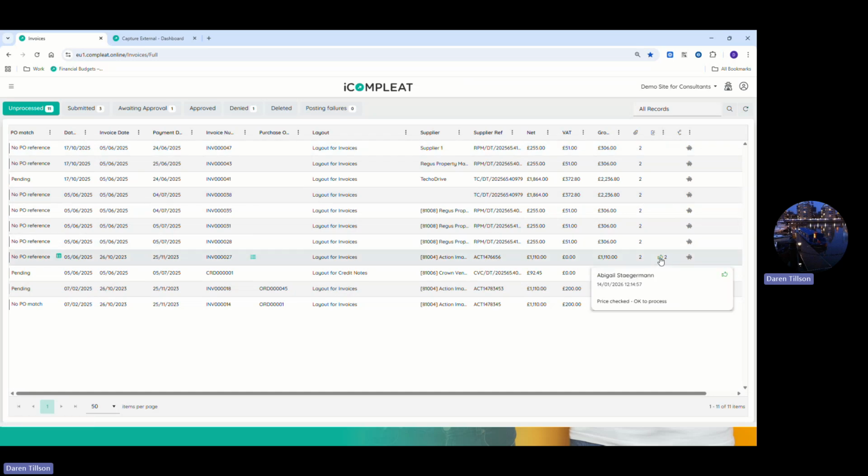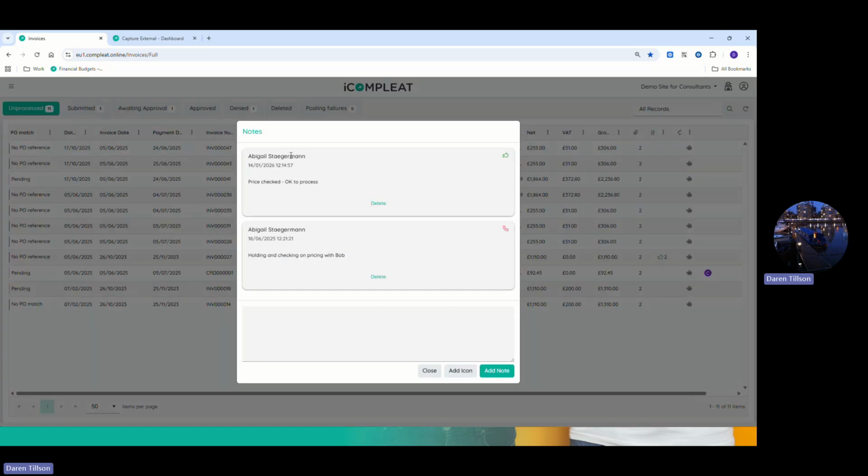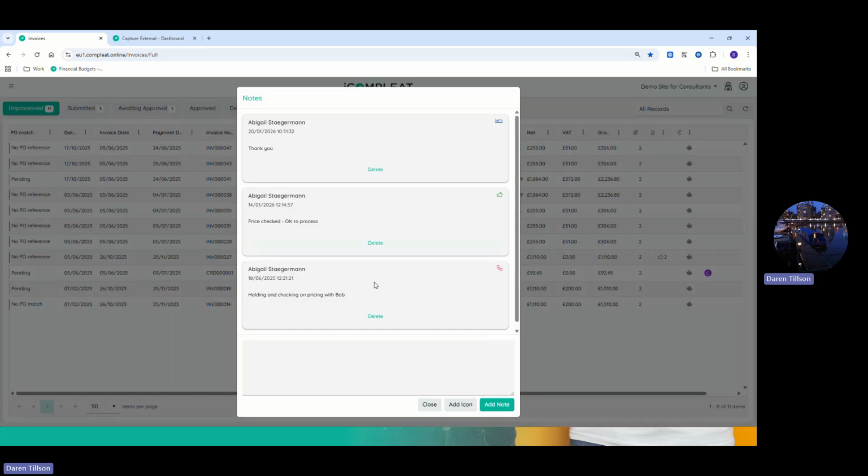I've also got a notes function as well, denoted by here. If I click onto there, you can see the notes that were added. So holding and checking on pricing with Bob, with the red telephone, and then price checked, okay to process with the green thumbs up. I can add another note down here. I can then add a new icon and choose a color,